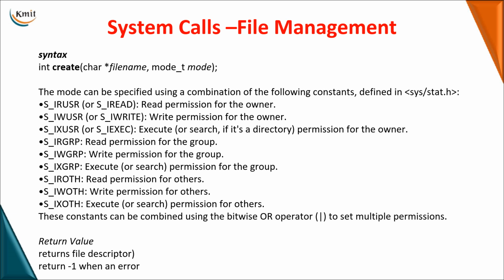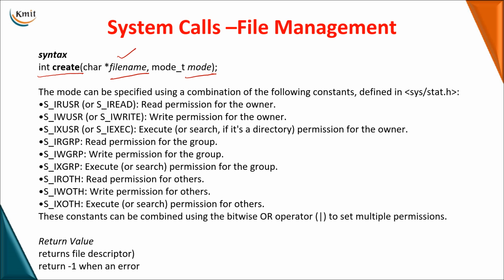So when I want to create a file, the function we'll be using here is create, and this accepts two arguments. One is your file name and the other is your mode. File name is the name of the file which you want to create, and when you go for your mode you have different options of your mode. These are